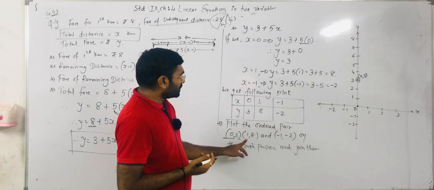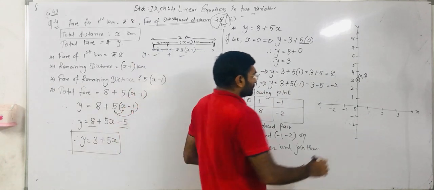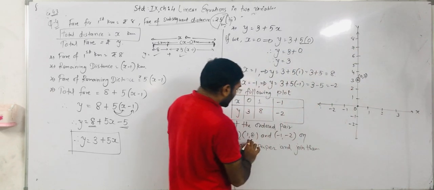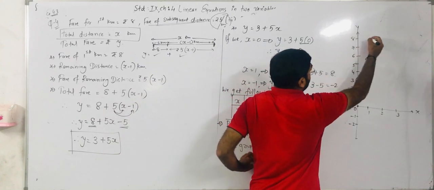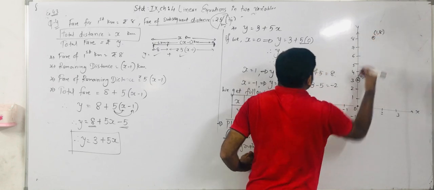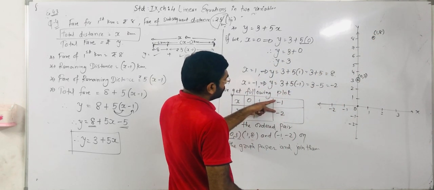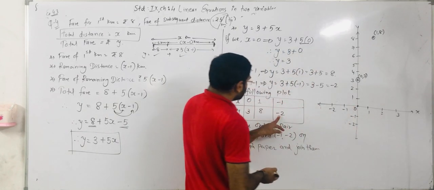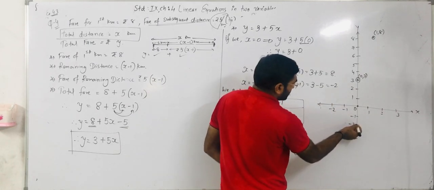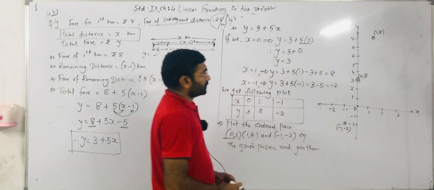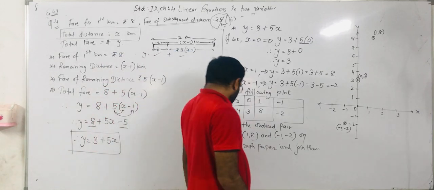Now another one, x coordinate is 1, y coordinate is 8. So on the x-axis 1 is here. We draw a perpendicular line, and from the y coordinate, on the y-axis it is 8. So we draw a perpendicular line, and here we get 1, 8. Okay. Now minus 1, minus 2. The x coordinate is minus 1, so on the x-axis minus 1 is here. The y coordinate is minus 2, so on the y-axis minus 2 is here. From both the points we draw perpendicular lines, and those lines meet here. So minus 1, minus 2 is this point. Okay. So now we have to join them.